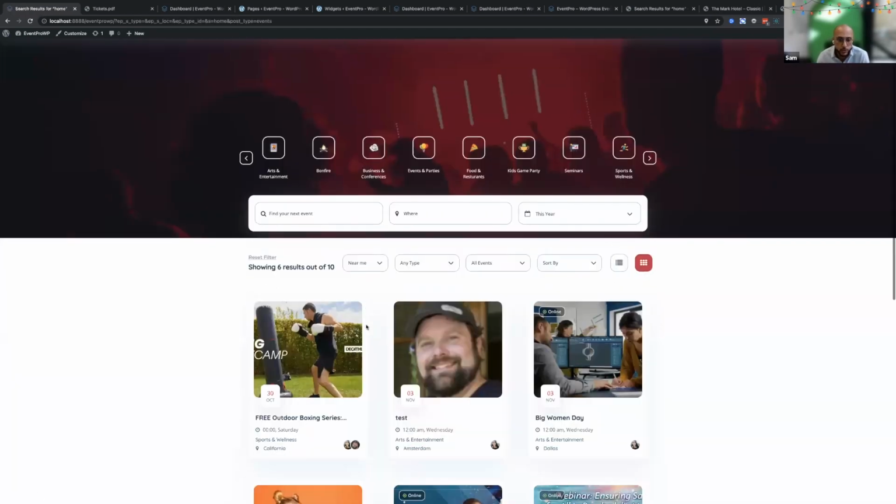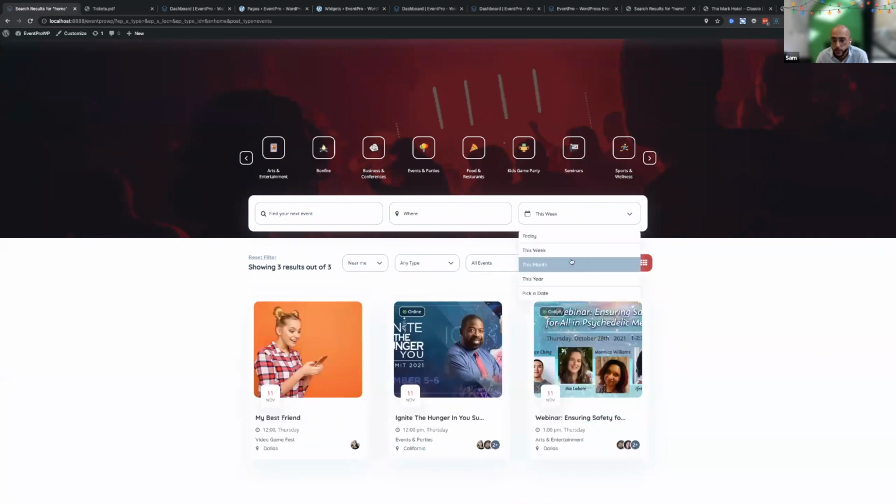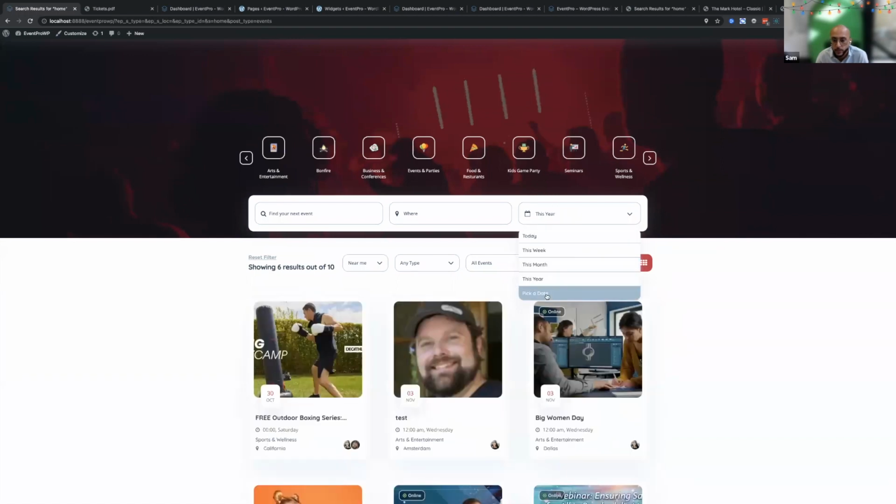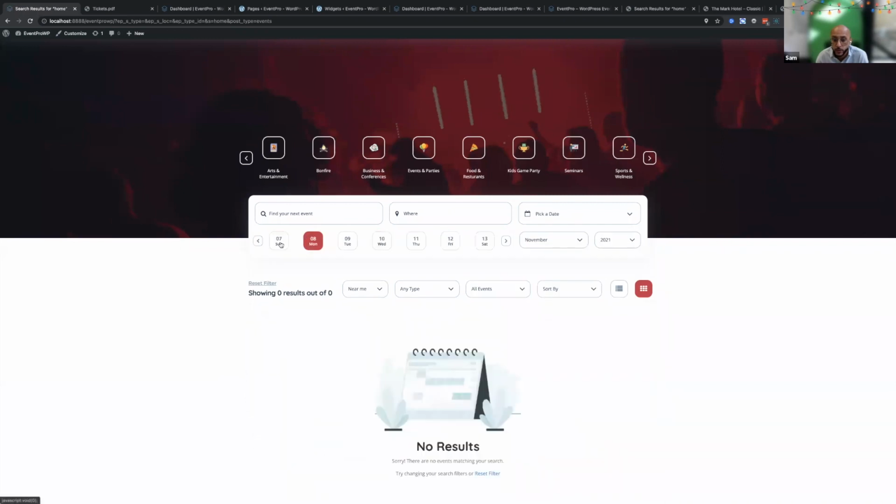For now, I'm just going to show some filter features. You can select the time frame: today, this week, this month, this year. You can basically filter the events based on an individual day as well. So just pick a date,